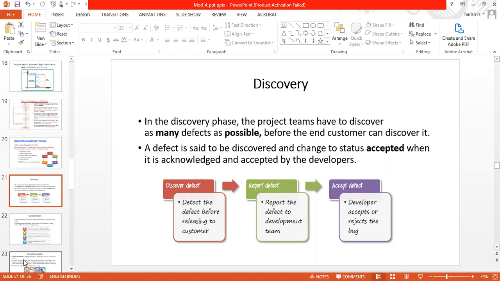So there are 3 stages in the discovery itself. The first is that the defect should be discovered. Second, the bugs which have been found should be reported to the development team, and then the development team has to acknowledge the defects. These 3 things should happen in the discovery phase.